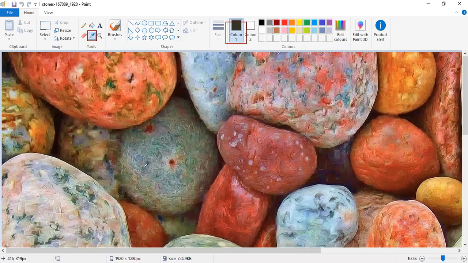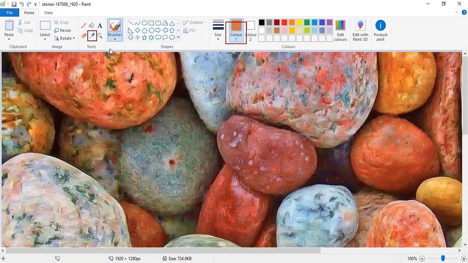Now whatever place or point in the image for which I want to calculate the RGB value, I have to click it. For example, I'm interested in this area, so I'm going to click on it, and you see the selected color is changed. For example, I'm going to choose another color. See, I click on this specific area and the color is changed. So it is the tool by which you can pick the color.